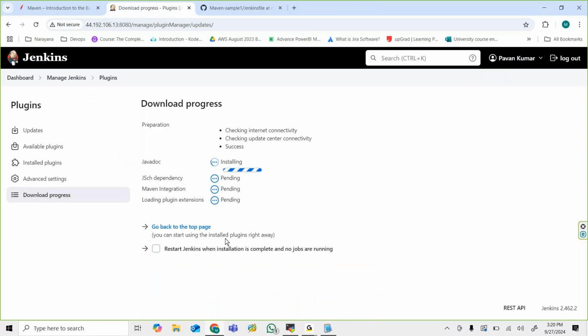It's still downloading. I'm selecting the option to restart Jenkins when the installation is completed and no jobs are running. If there are already any existing jobs, then